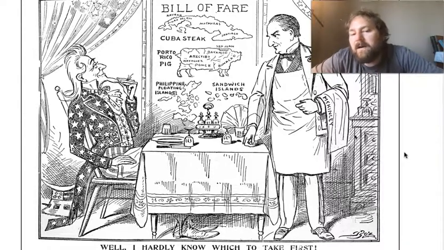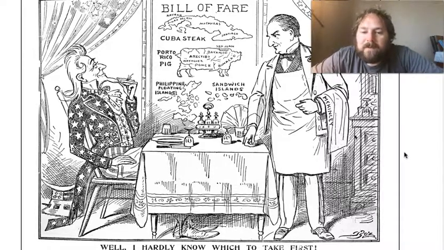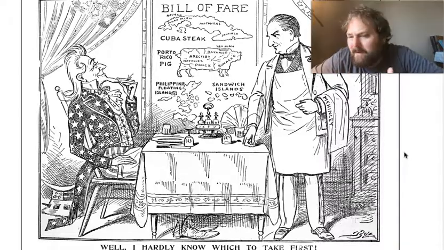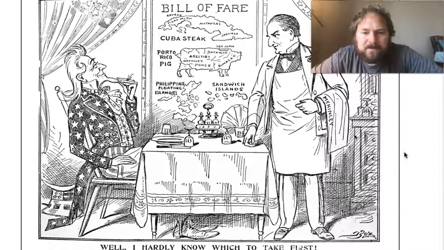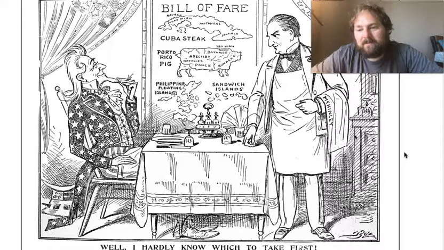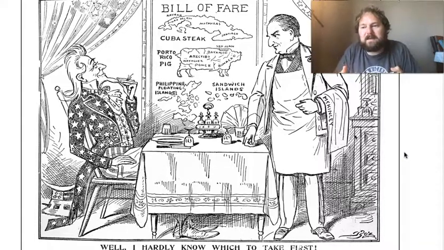You might even talk about the point of view of the document. It seems to me that the point of view is showing America, and Uncle Sam, as this sort of greedy imperialist, eating at this nice restaurant, deciding which country to take, deciding whose freedoms to take, whose self-determination to take. And so the document seems to be putting down American imperial ambitions overseas after the Spanish-American War. Okay, if you kind of dig into that kind of thing,